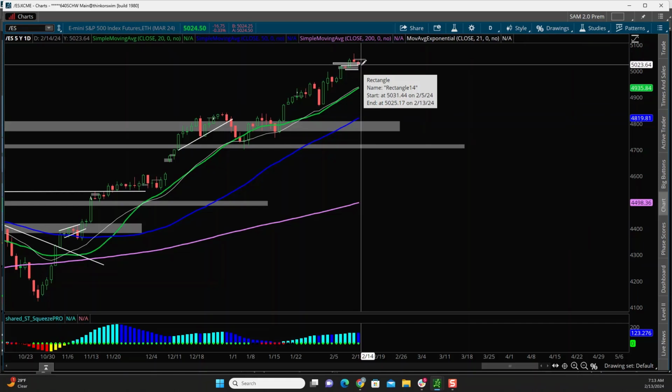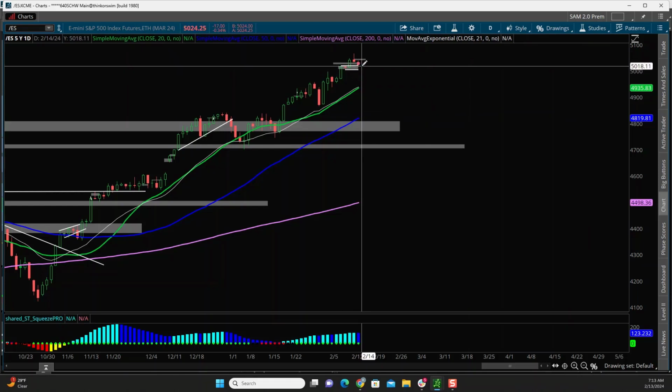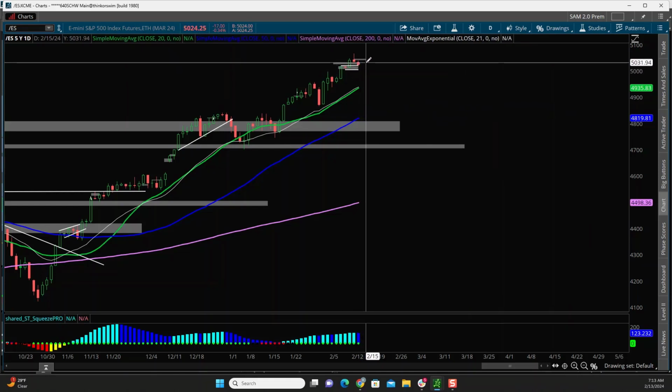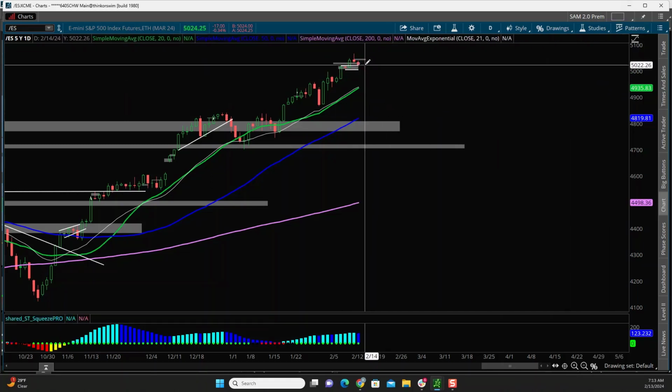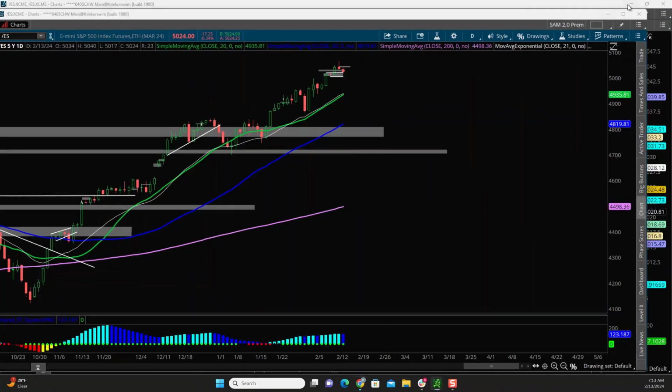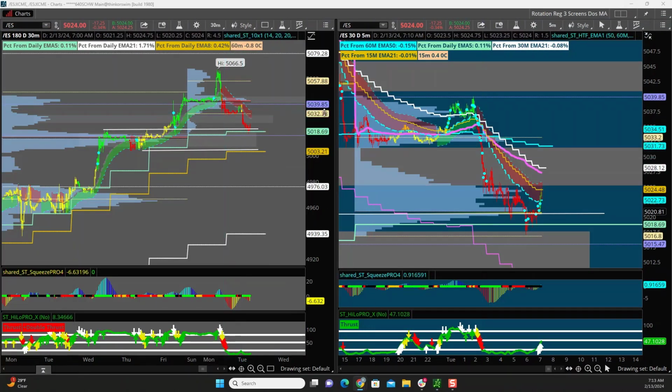So the question is, do we move lower back down to support, or do we close higher? The news is honestly what's going to drive that. Big picture looking down, I can see it's closing lower, but if we turn around and spike up, I wouldn't be quite surprised because this market's been strong. I just wanted to go big picture. At the moment I don't anticipate us taking out the highs, but who knows, if it comes in what the market likes, it could absolutely go take out the highs.